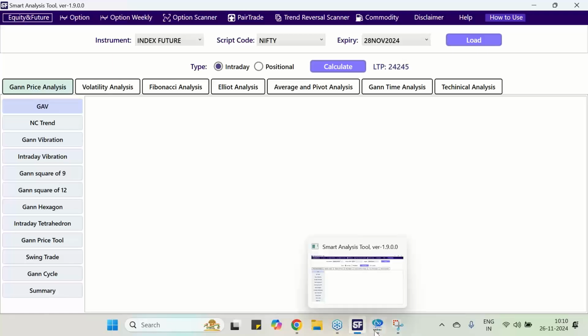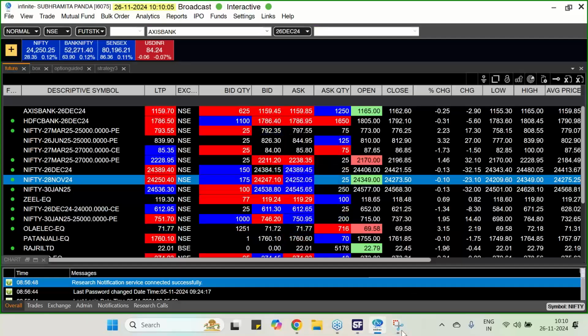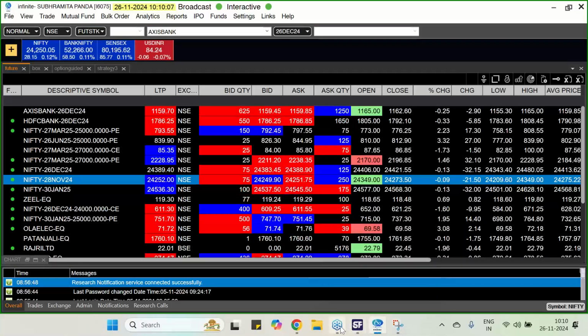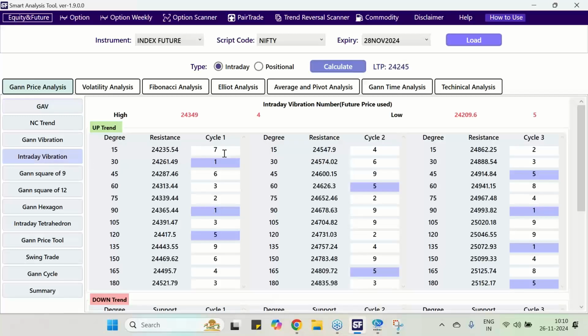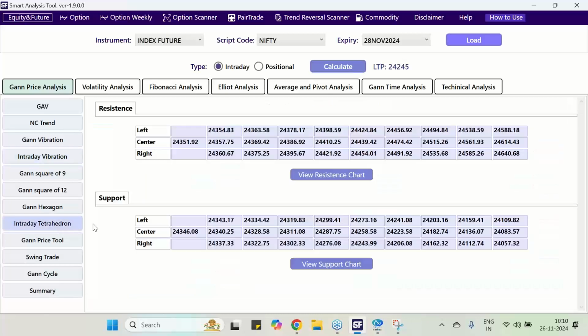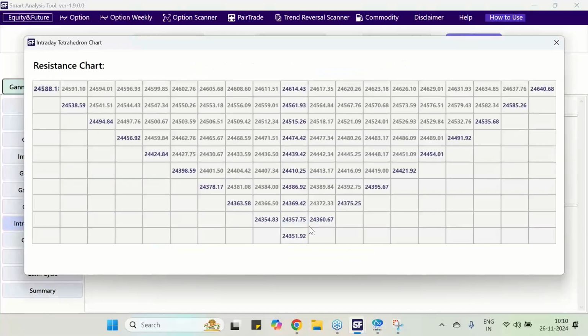the intraday vibration, because low बदल गया 209.6. So intraday vibration देख लेते हैं। intraday vibration से देखो ये सब चले गए, जो चेन रेजिस्टेंस वाज देयर इट हैज गॉन, नाउ 262 विल एक्ट एज ए रेजिस्टेंस, इफ इट क्रॉसेस 339 तक कुछ भी टेंशन नहीं है, टेंशन आएगा 365, इफ दैट क्रॉसेस 417, सो दीज आर द लेवल्स नाउ।